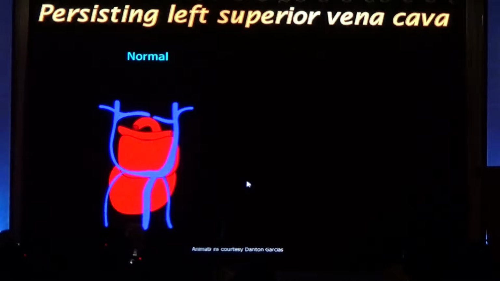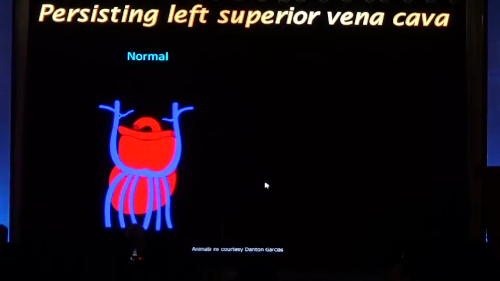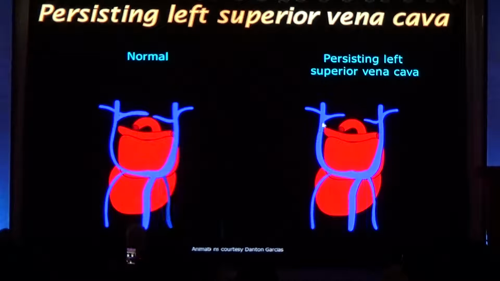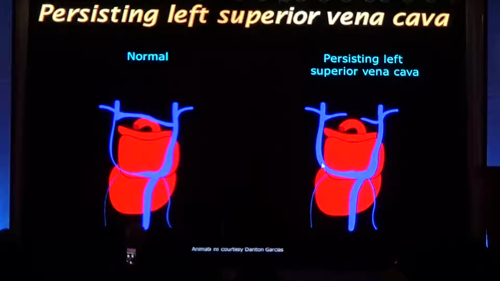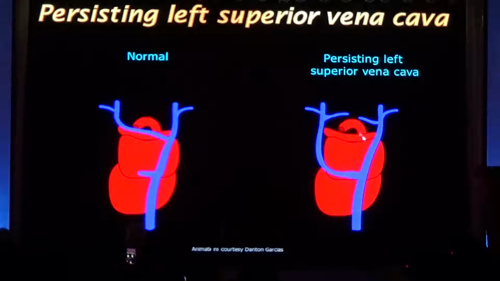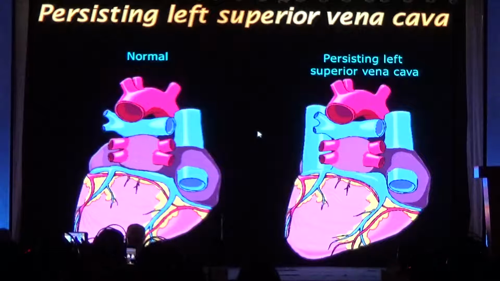That's what happens in the normal embryo. In babies that have a persistent left superior cava, the superior cava ends up draining into the coronary sinus over here and connects in this way. So this innominate vein may or may not develop, and you have this long superior cava that is persisting over here. If you look at the heart from the back, this is the normal one, this is a persistent